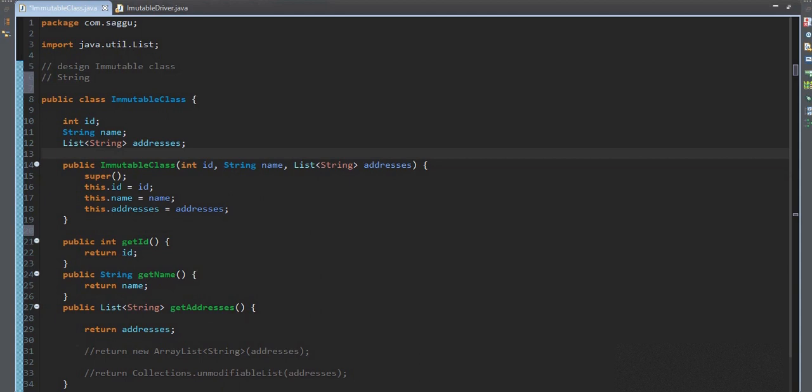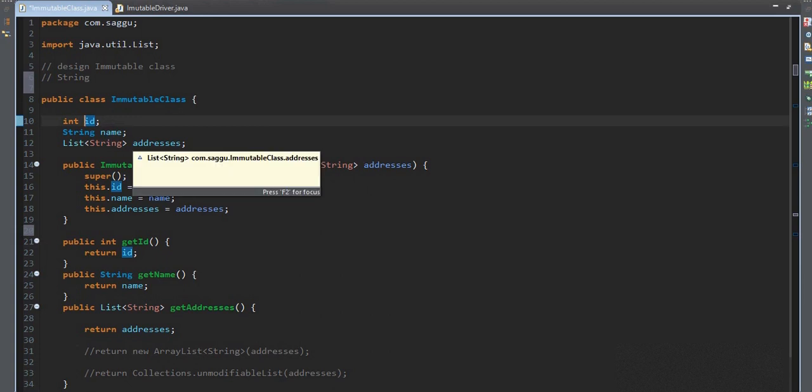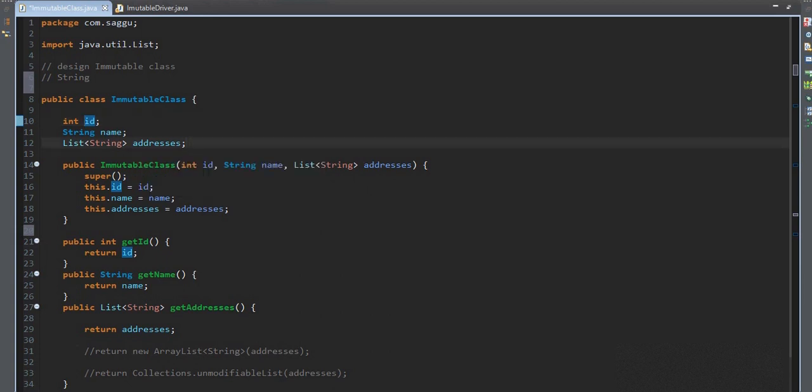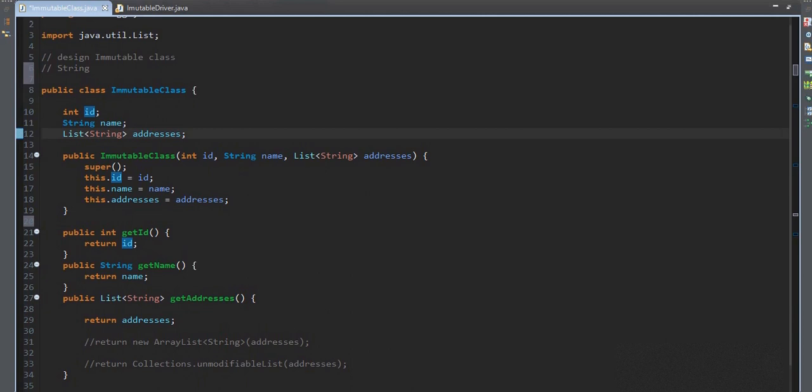In this class, just for understanding, I have given some fields like id, name, and addresses. You can assume employee id, employee name, and its addresses. I have to design a class in which I cannot change these properties once I have set them through this constructor.